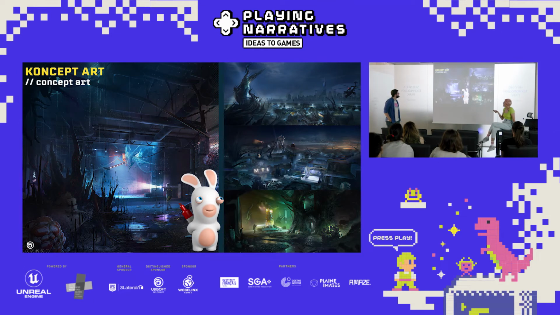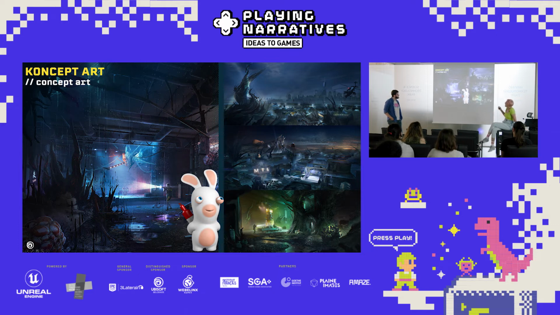So we begin with the concept art that we get. We don't make the concept art. The concept art is supposed to give us the idea of how the game should look, how it should feel, what the atmosphere is going to be like, what kind of levels are expected to appear, what kind of assets are going to be in the game. In Rainbow Six, there are a lot of dark spaces, a lot of alien structures, slimes going through the level, sliding on the roof, and they're basically everywhere.